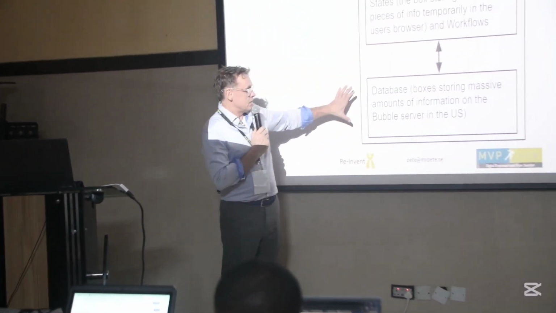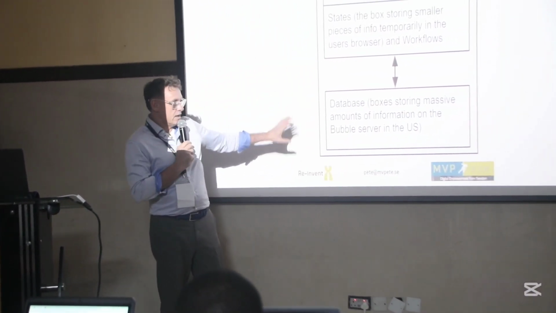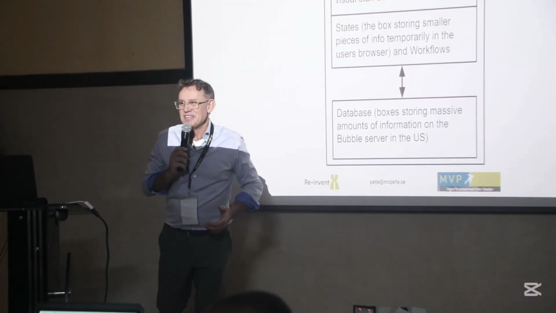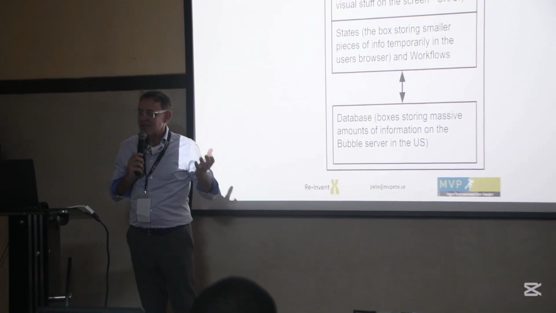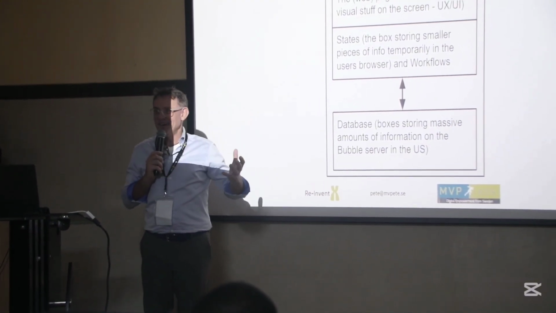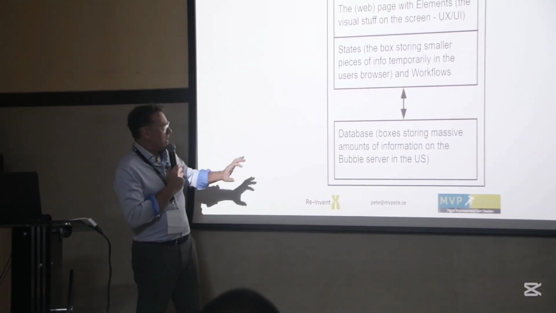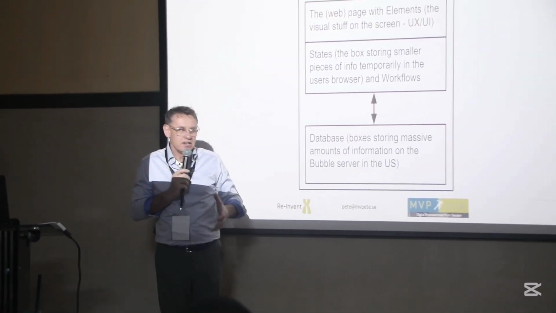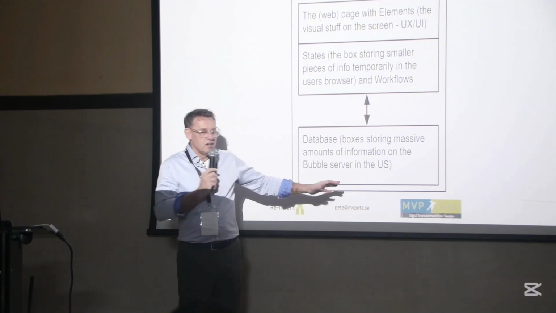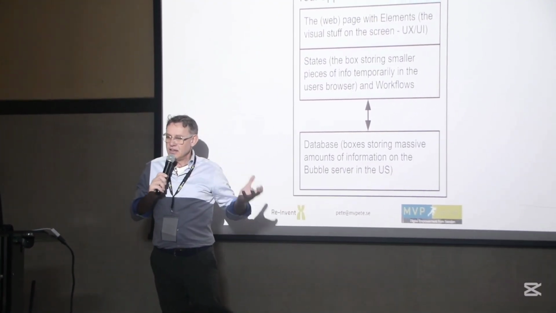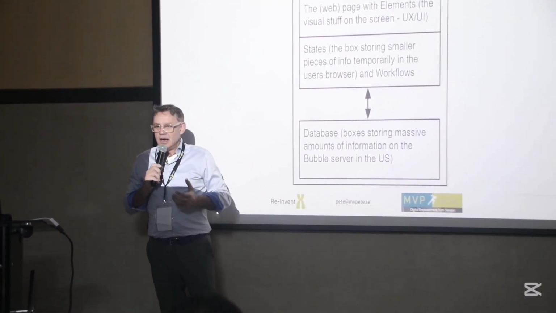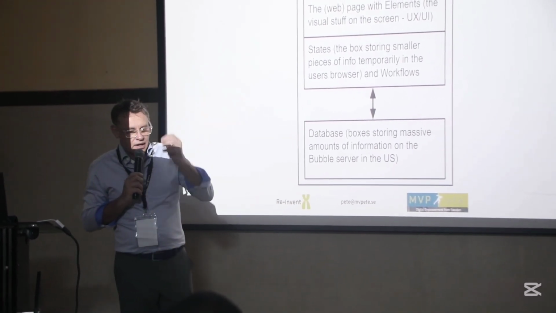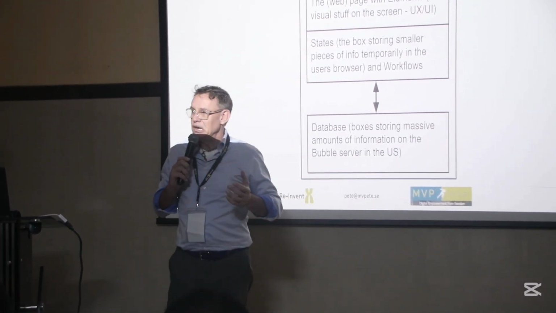And that's where the database comes in, and that is on the Bubble server in the US, or I don't know where it is. It's in the AWS cloud somewhere, and where is that? That is everywhere. And it's not more complex than states. It's just boxes. You can have as many boxes as you want, and you can have massive amounts of data in them. I work with Bubble apps with 1 million users,